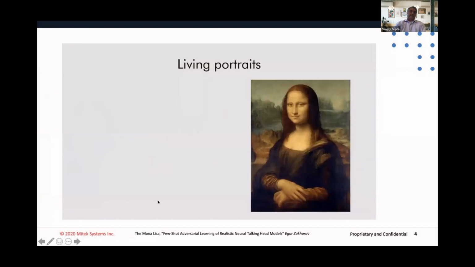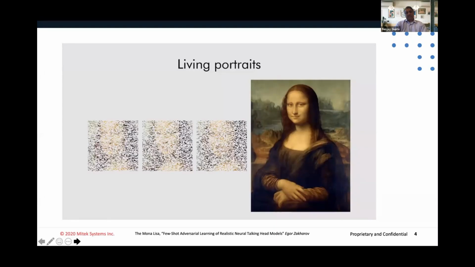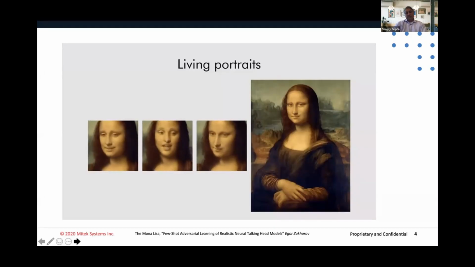Well, arguably, this is one of the most famous paintings in the world, the Mona Lisa. And Igor Zakharov took this photo and played around with it to imagine if this photo could talk to us and tell us a little bit about the painter, the famous Leonardo da Vinci. What would that look like? What would the techniques be involved to take this and make this into a living portrait? And what you see on the left here is that output that he created.